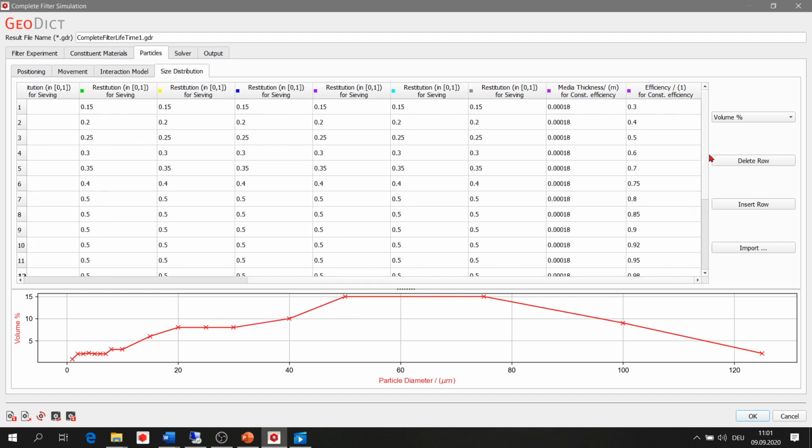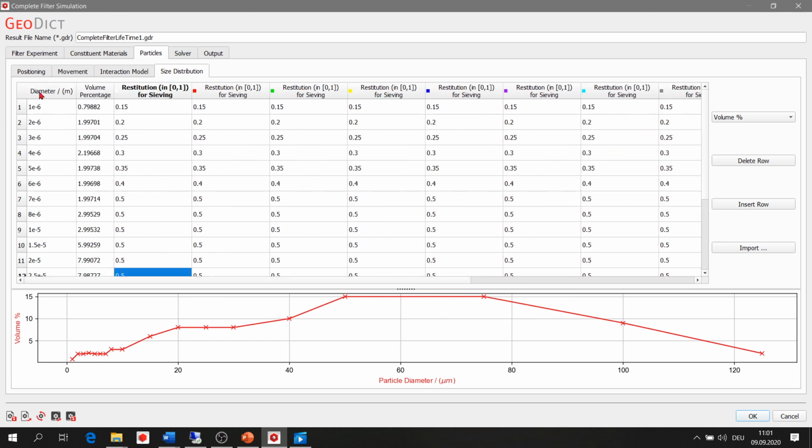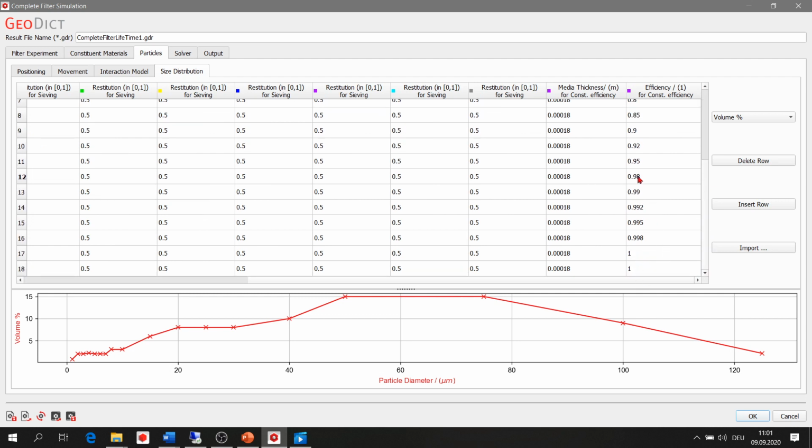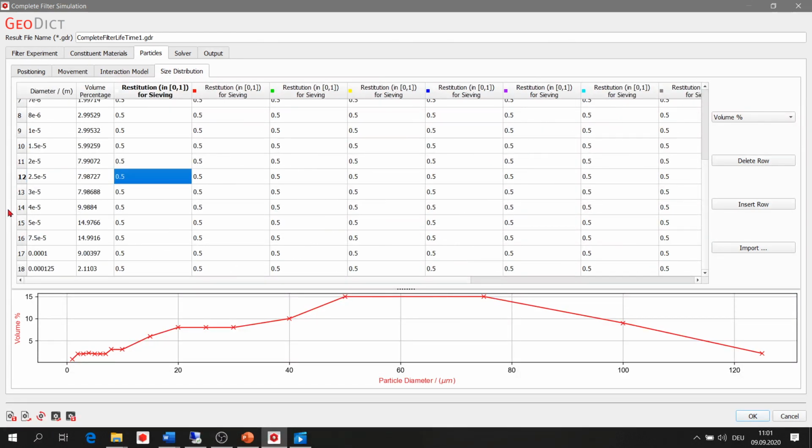Here I have the media thickness as 180 micrometers, and here you can also see the fractional filtration efficiencies, starting from 0.3 or 30% for a 1 micrometer particle, and then increasing up to 1 or 100% for very big particles.